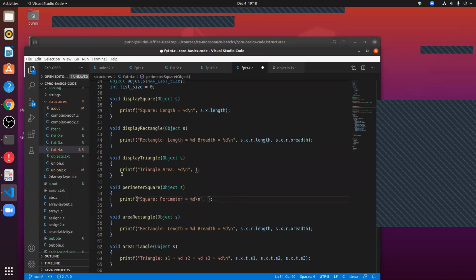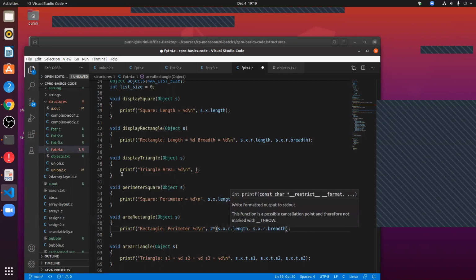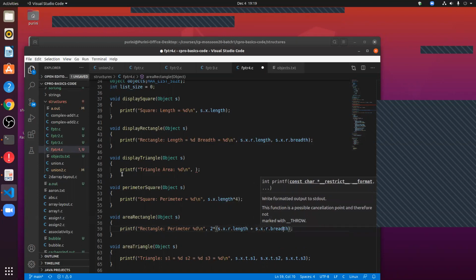I have to say that s.x.length times 4, and perimeter is equal to 2 times